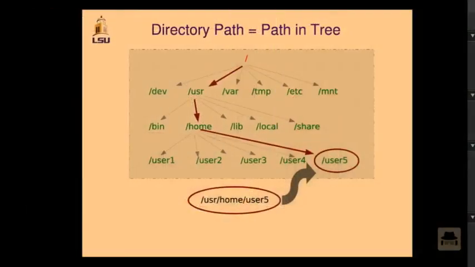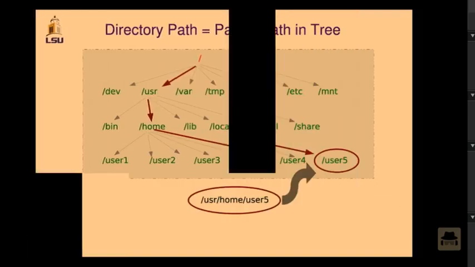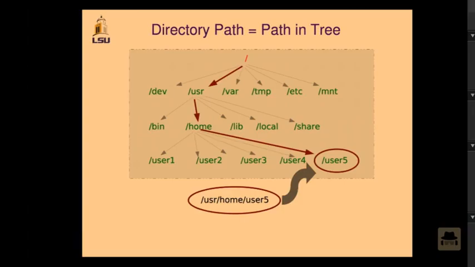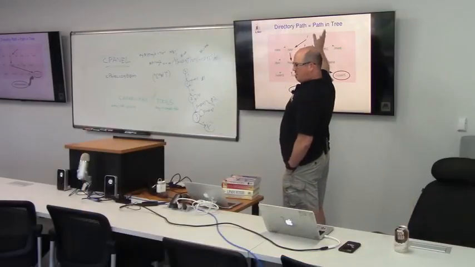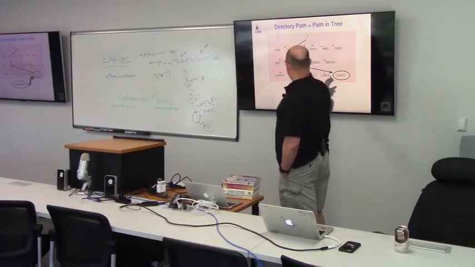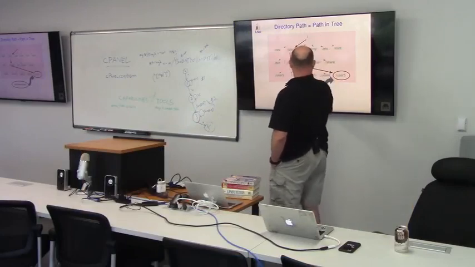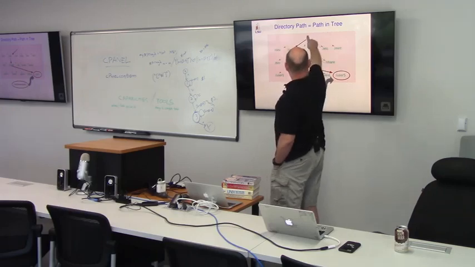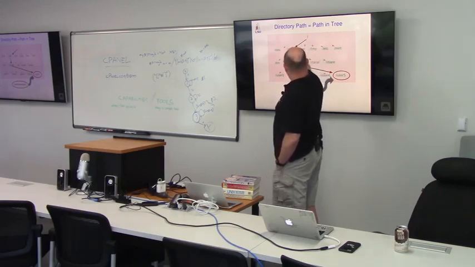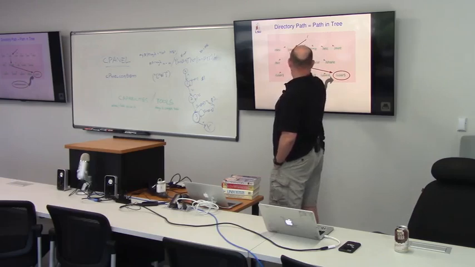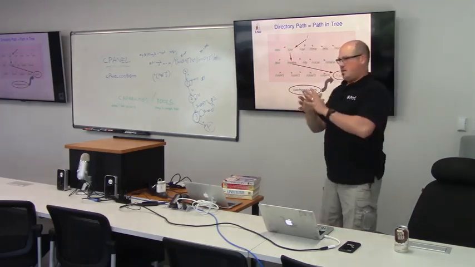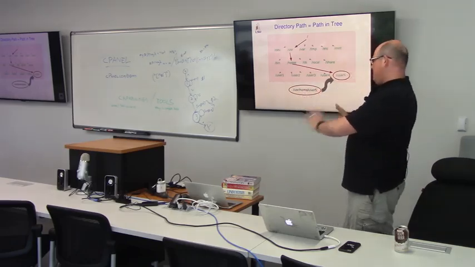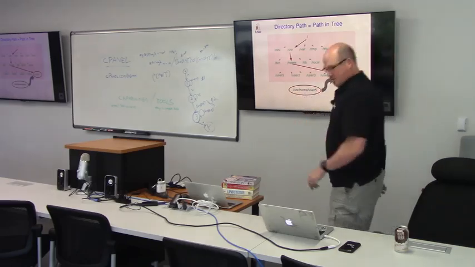All right, and this is just a visual of how the file system is viewed as a tree. You then get direct ways to reference specific parts in this tree, and that's called the path. So the directory path is really just a path in the tree, an unambiguous path to somewhere. So /usr/home/user5, it's starting at root. You go to usr, you go into home, and then you go to user5. So it's a very logical, efficient structure and way to view the file system.